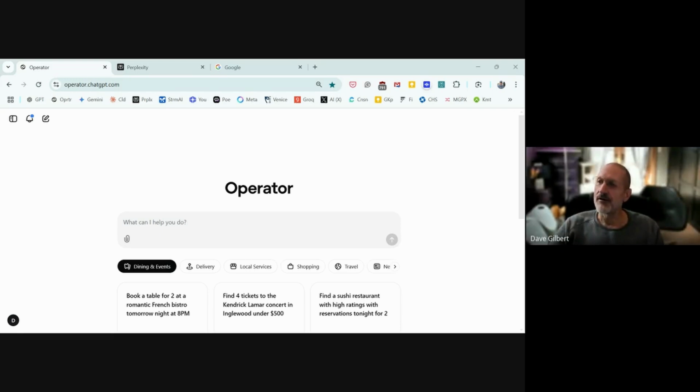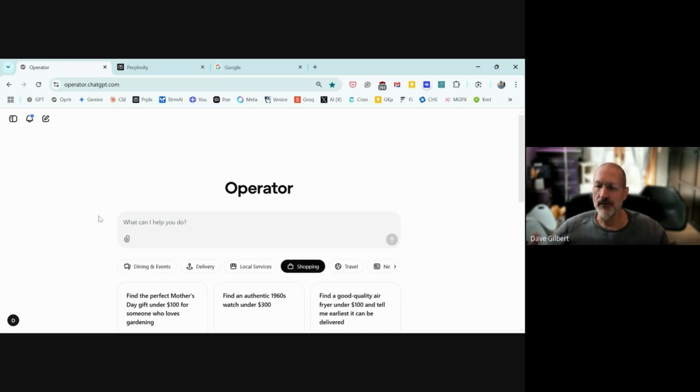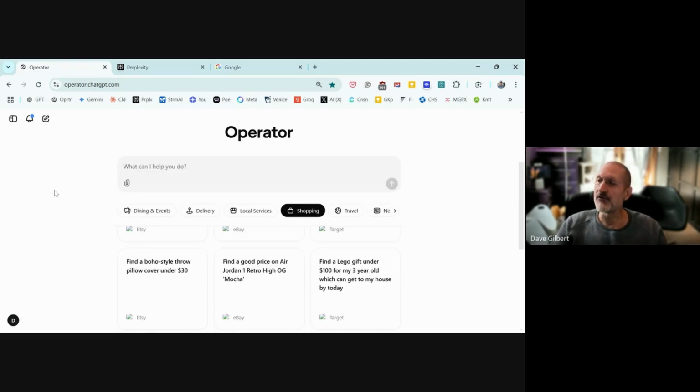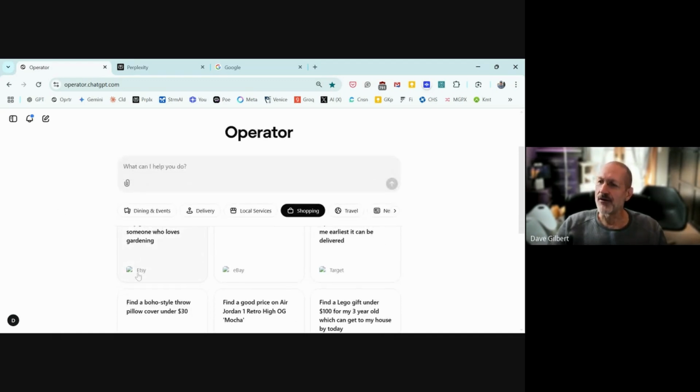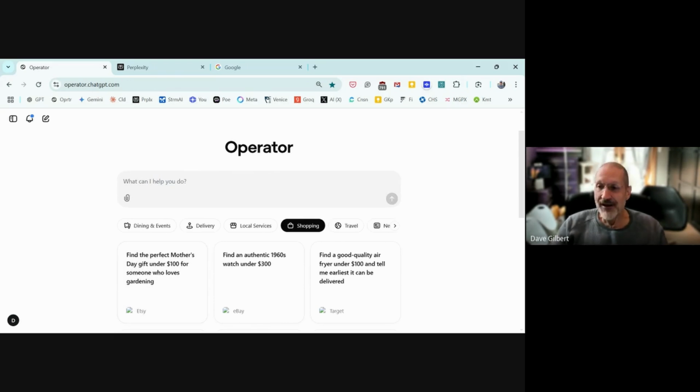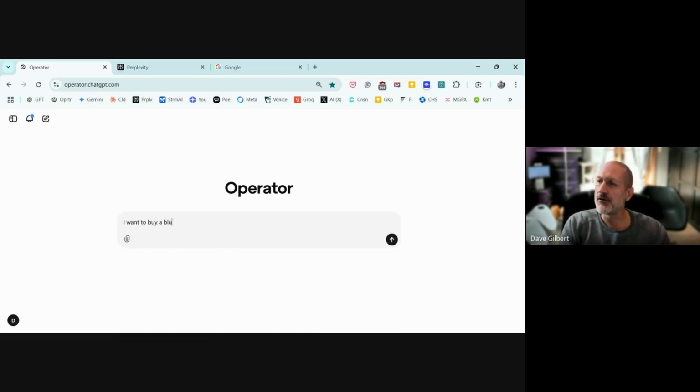Okay, let's jump right into Operator, and I don't have to go to one of these modes to begin my search, but I'm just going to show you. I'm going to click on the shopping pill and show you the prompts that they build in for you. The small images are broken, but you can see that they're suggesting a number of shopping-related searches that one might do, connecting them specifically to particular online retailers, which they have partnered with, by the way. I'm going to just bypass that, and I'm going to just do a search for, I want to buy a Bluetooth